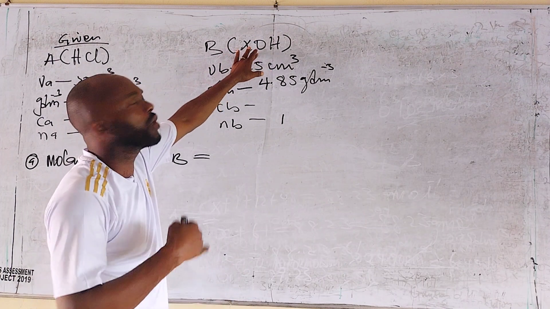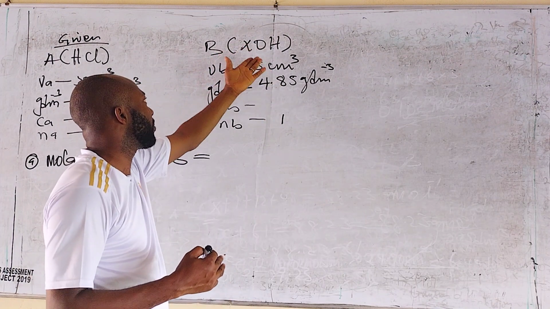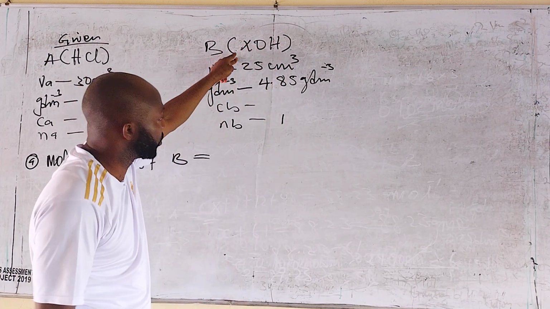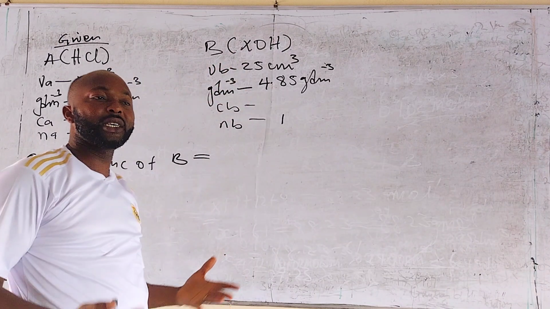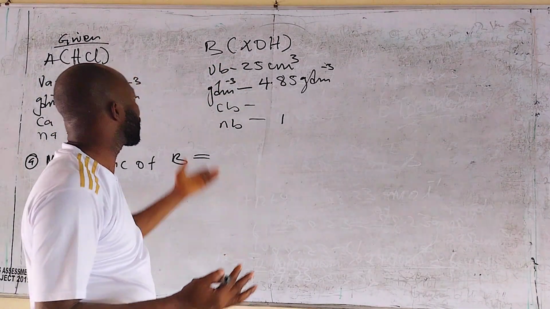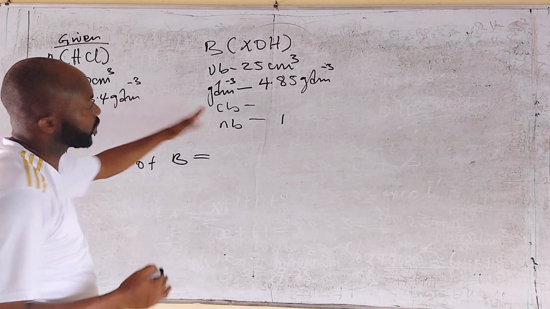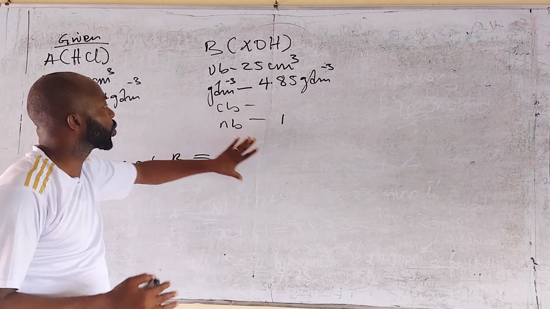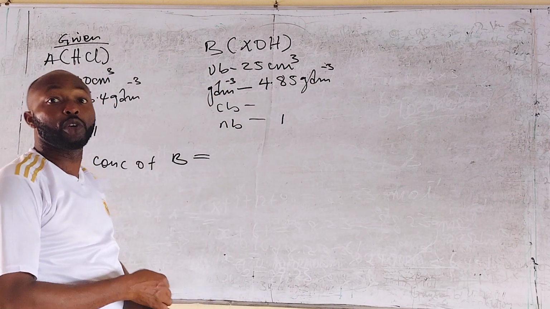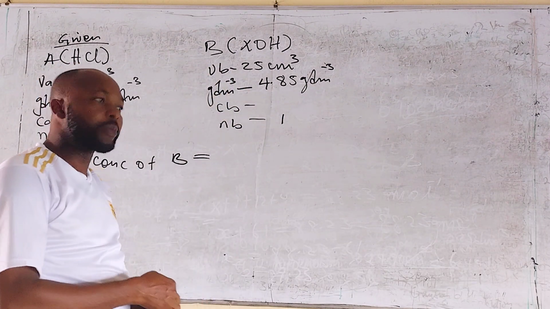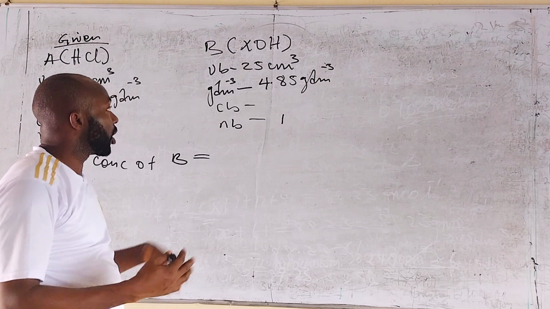But we cannot determine the relative molecular mass of X because X is unknown. The other formula is CAVA over CBVB. We don't know the concentration of the acid or of the base. So solving this question in this manner becomes almost impossible unless you remember how to meander